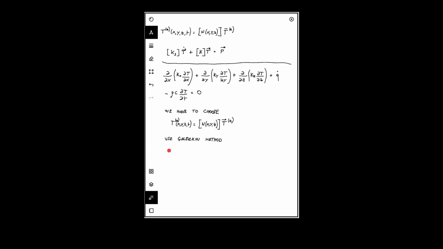So we can write the integral over VE of the derivative of kx dTe/dx plus